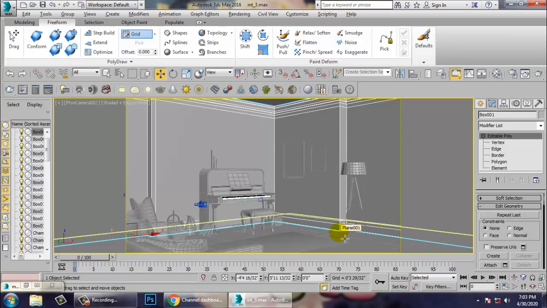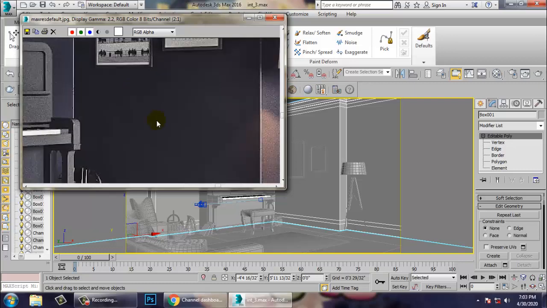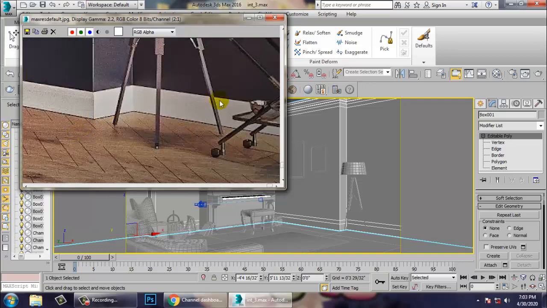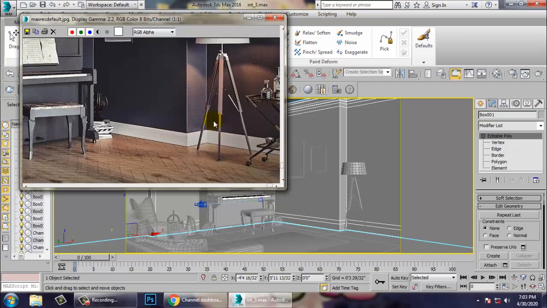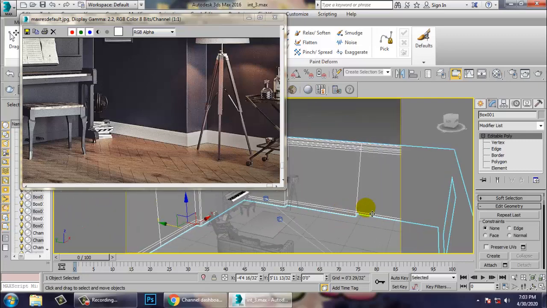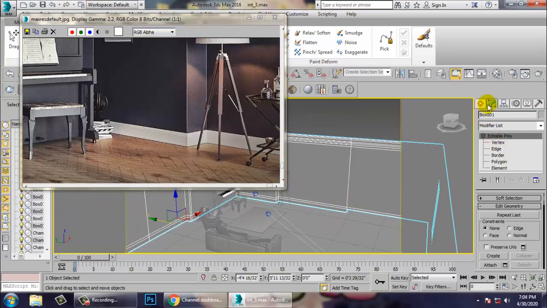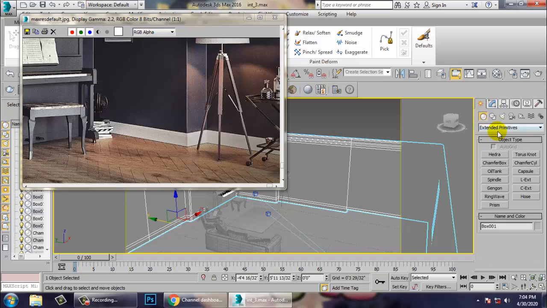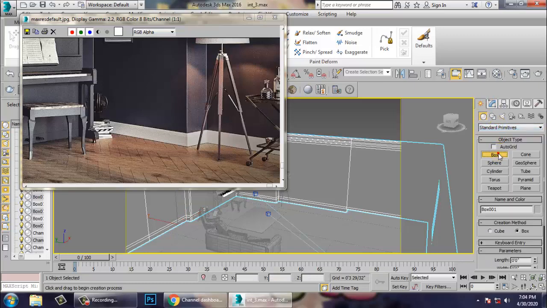Okay. So the next thing we need to make is this table over here, a small table. So for that table, what we'll be doing is, let's take a box over here first. Let's take a box.